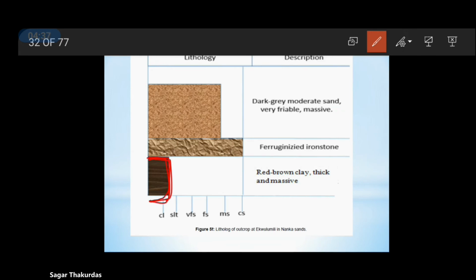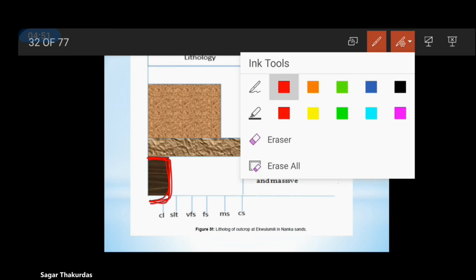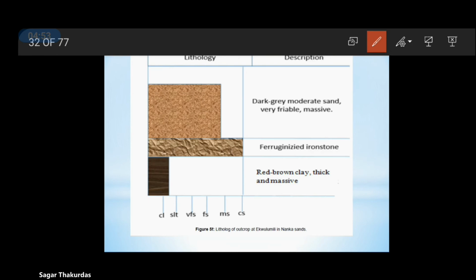So different shapes obtained from the grain size variation indicate or give information about the depositional environments, and you cannot interpret the environment based on the grain size data from a single formation. You have to take the whole picture. For example, I'll show you in the next slide.